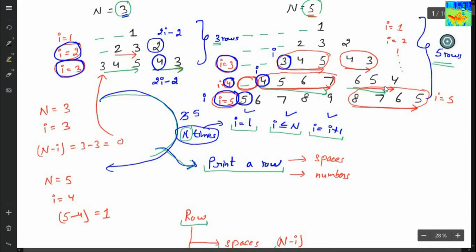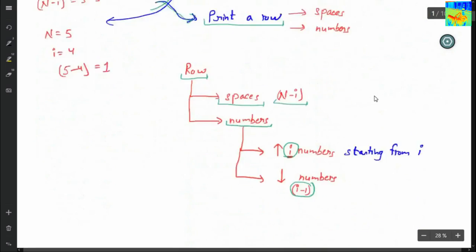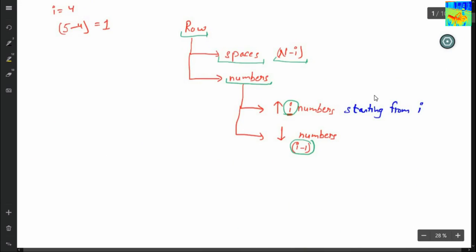And if the value of i is 5, my first decreasing number is 8, which is 2i minus 2. So I have to print i minus 1 decreasing numbers starting from 2i minus 2.